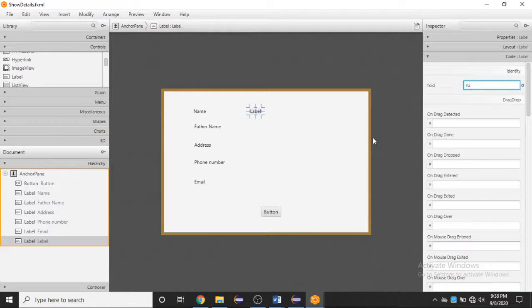Let's suppose N2. Now we will remove this text.